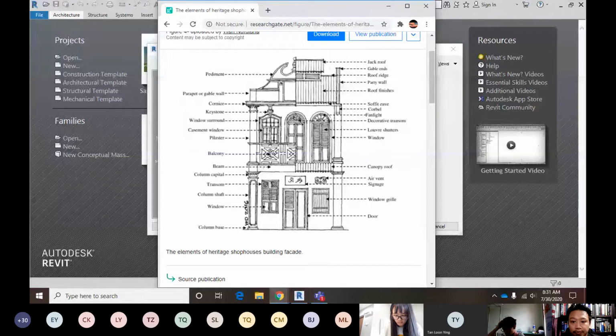And also when we go into the window, there is a transom, the framings, the window grill is also an element, air vents are also another element. So what you guys need to do is be imaginative in terms of the functions, and these are some of the ideas on applying our craft. So I will do one, and then if you have some requests,